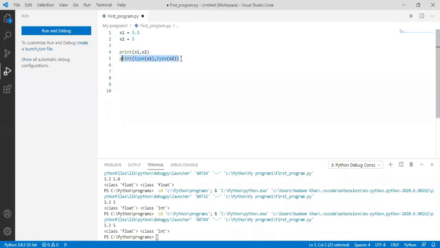First let us revise something. For int, we don't have to give anything, any quotes or anything. But for a string, we have to write it in double quotes. For float, we have to write it in decimal. Similarly, for a list, we have to write it in square brackets.